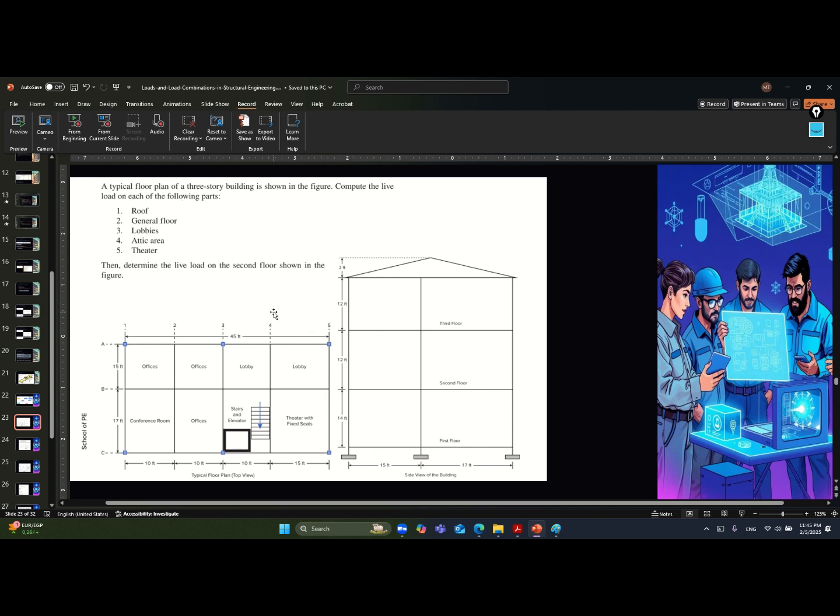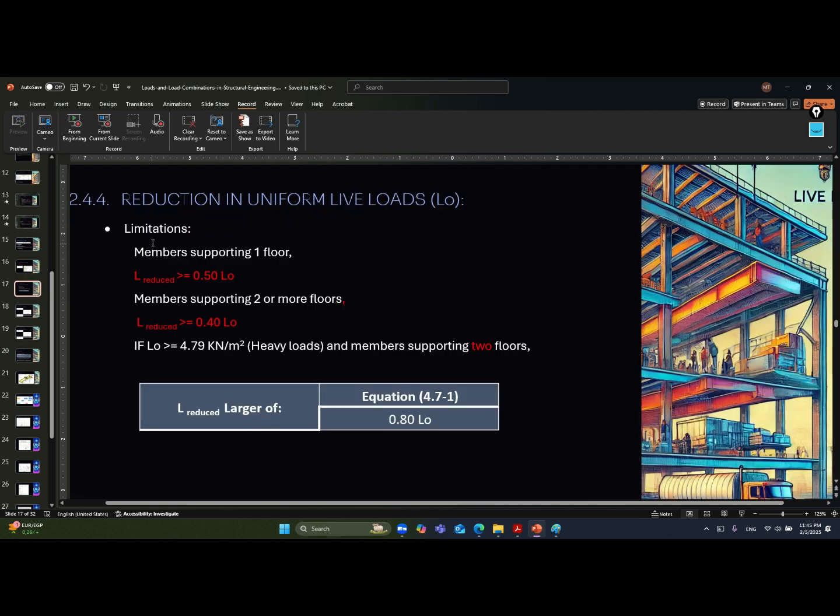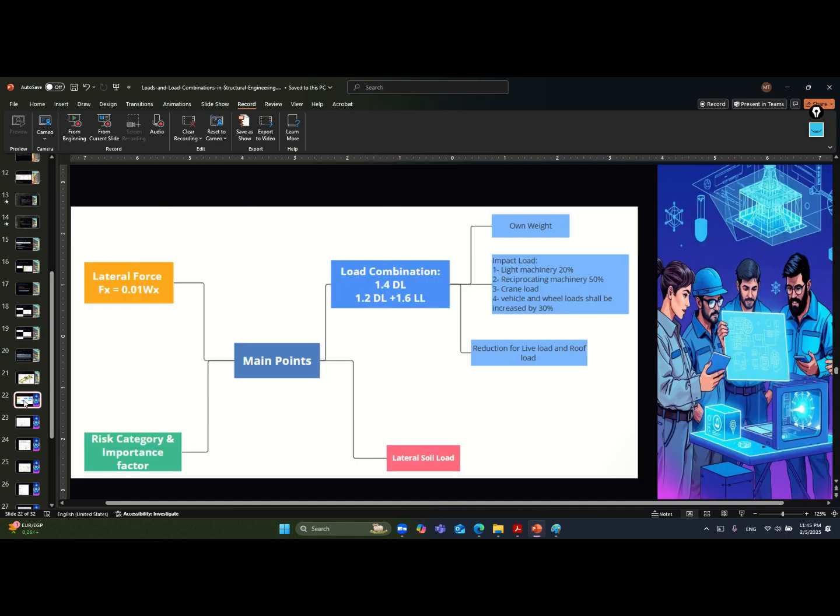But in this question, it is important to notice that for this elevation he may not show it to you, and just be satisfied with the three-story building. And the three-story building will affect the limitations for the L reduced. The L reduced for one floor will be a half, and for two or more floors it will be 0.4. So care should be taken